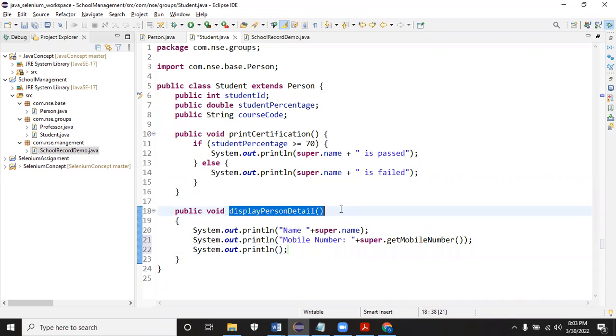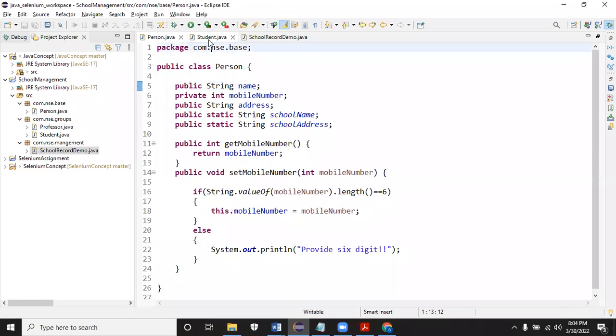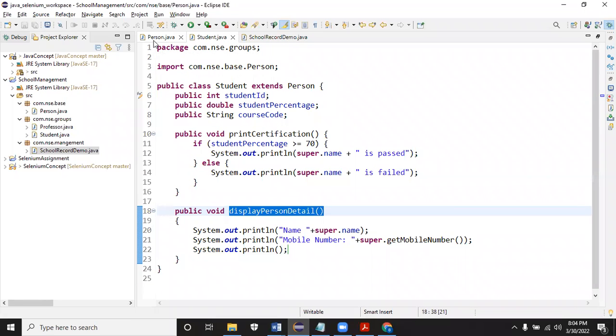How do you call this method? Using an object. Whichever object of the student class, since the method is inside the student class and not in the parent. While calling this method, you have to create an object for the student class and call it.